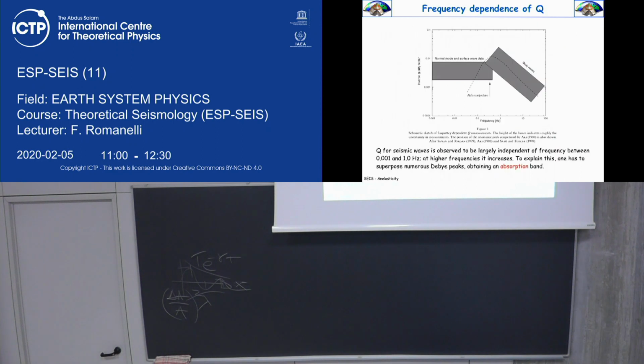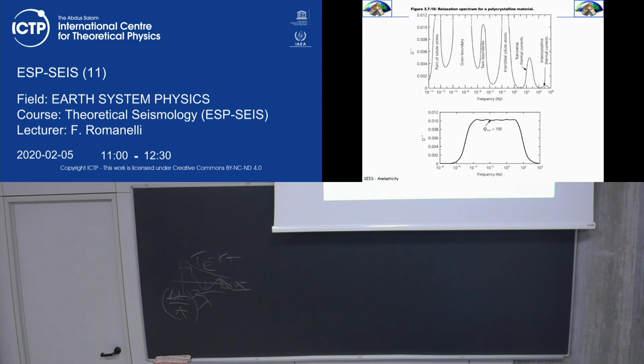Good. We measured that, and we got that for a huge band of frequencies, Q is constant. And to take it simple, let's say it's 100. With the second SLS as a specified absorption peak. So to create an absorption band, we have to imagine coupling many different microscopic behaviors that can explain an elasticity from a microscopic point of view, and from a macroscopic point of view, we create this.